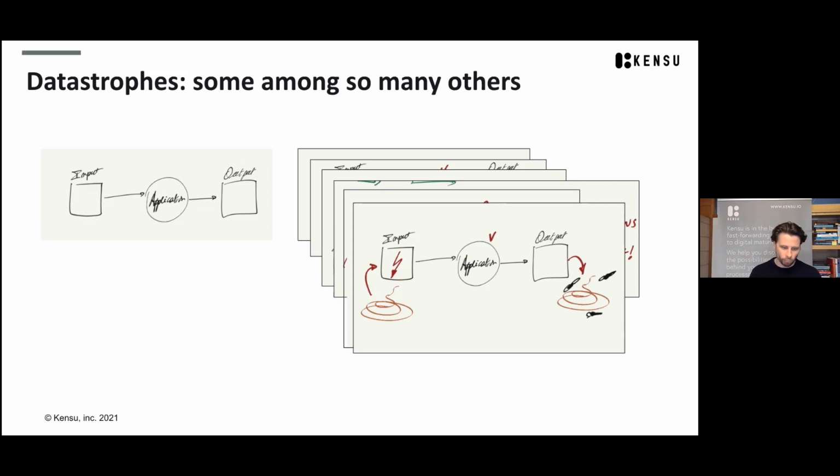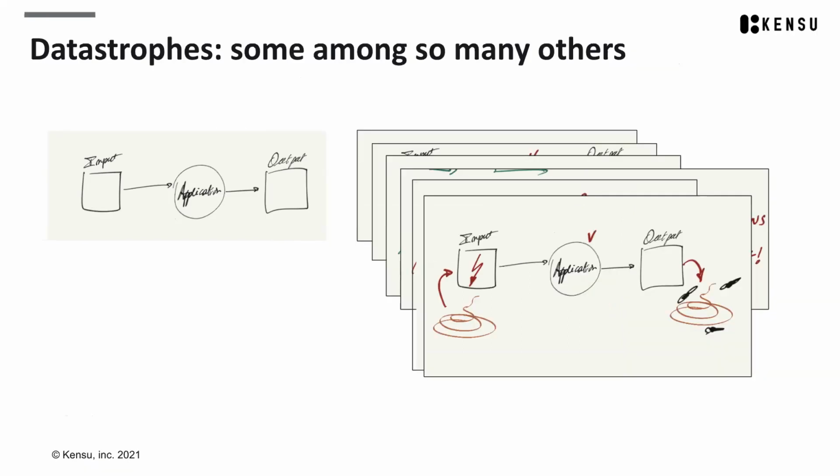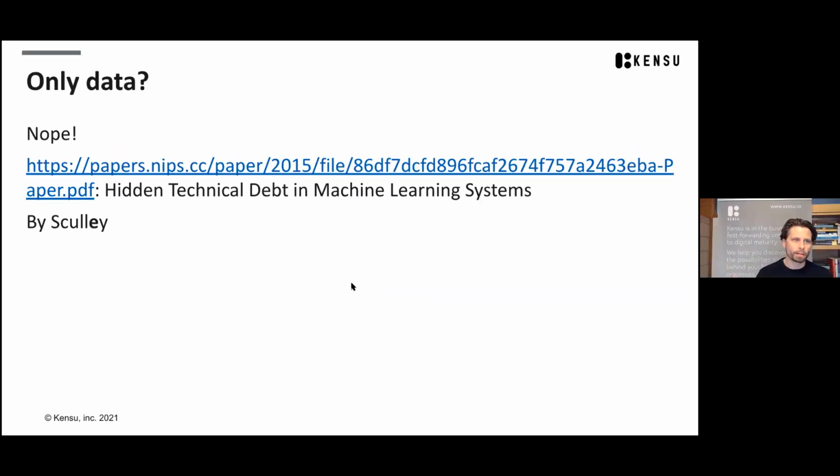Why is my data wrong today? Well, if I take a look at the data, I receive wrong data. What can I do? I give you the wrong data too. But I think that is the wrong approach in a way to justify the data is wrong. But only the data really can create such problems? Actually, there is a famous paper. For me, it's famous, at least. I don't know if that's famous. But no, actually, the data is not the only culprit.